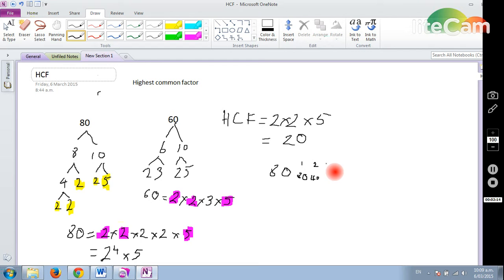3 doesn't divide 80. I've got 4 and 20. Got 5 and 16. 6 doesn't divide 80. 7 doesn't divide 80. 8 and 10. And that's me done. And if I do exactly the same thing with 60, so that's 1 and 60, 2